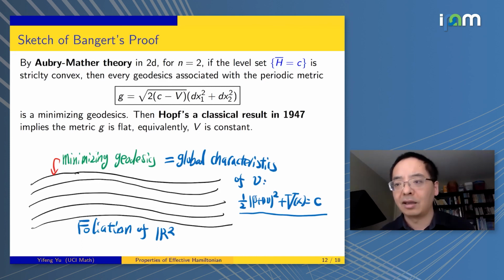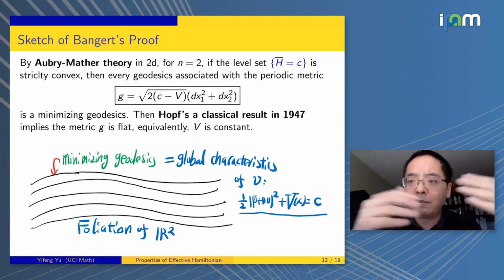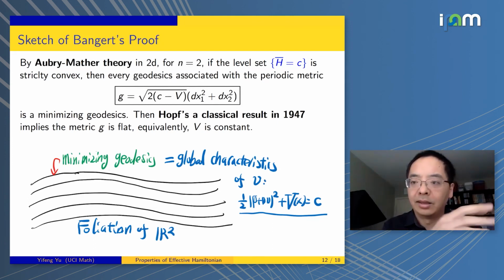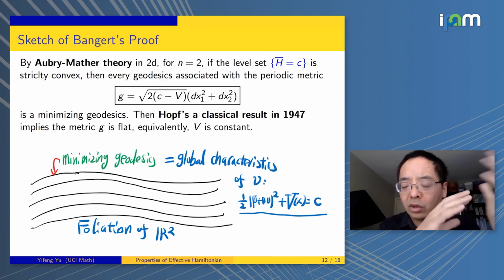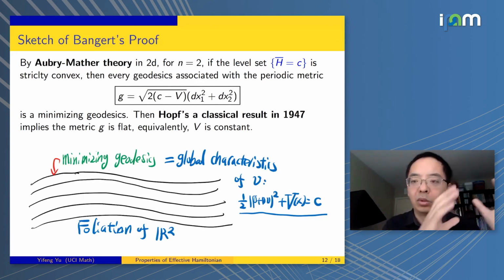Now, if you look at its global characteristics, they are minimizing geodesics. Right? Every global characteristic is a minimizing geodesic. So this basically builds the connection between the cell problem and the dynamic system and the geometry. And this is one of the essential reasons why we have the WKM theory, right? Where we are able to connect the cell problem with the